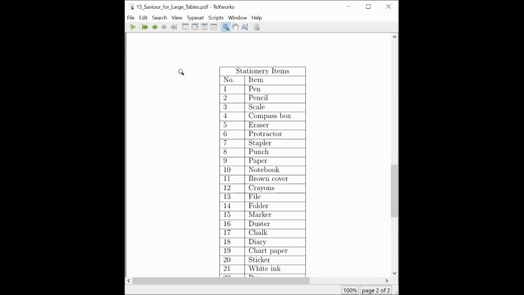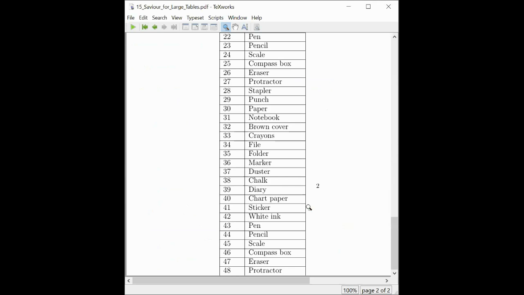So I think you can see this. See, this is the table created here. You can see only up to the 48th line is present in this table. So LaTeX will cut your document. Here you can see the page number, and your table is flowing past the page number, with only up to the 48th line showing. So if you are using the tabular environment, the table will not be cut at a particular place, and it will not be moved to the next page.